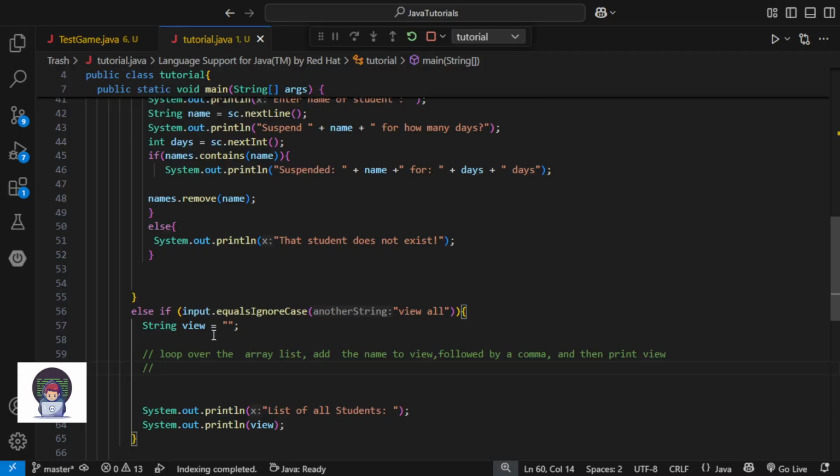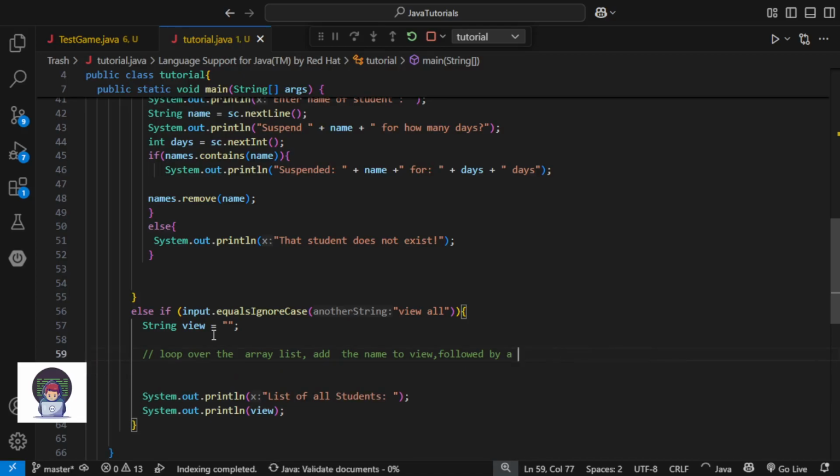Let's say I have two names, Rohit and Mayank. First it will check Rohit. View is equal to Rohit followed by comma, then space. Then it will check the second name, Mayank. It will also check if it is the last name. If it is the last name, then don't put comma. So we'll just have Rohit and Mayank, and then we print that.